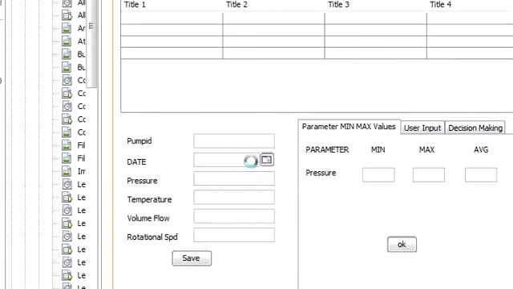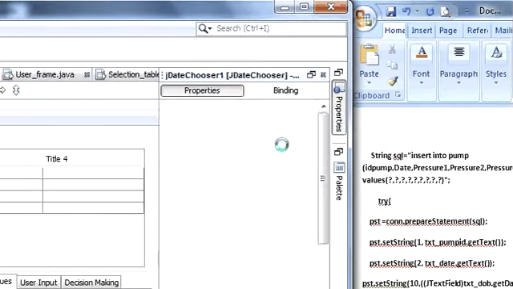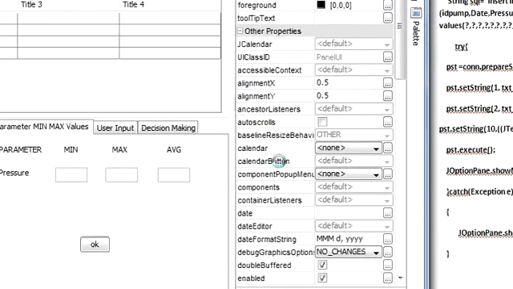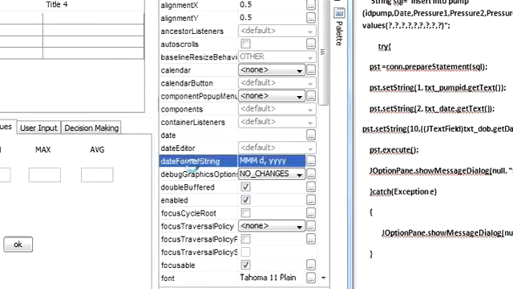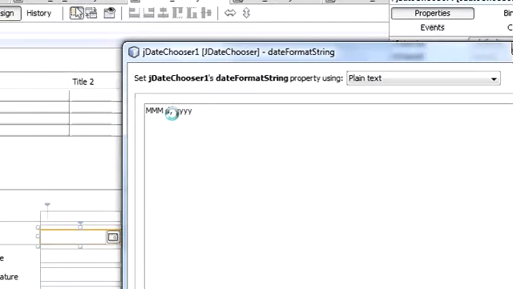Now, in order to save your date, your date should be in a certain format, because SqLite saves date in a certain format only. So just click your Jdatechooser text field and go to its properties, and in here, date format string, you need to change this format. You need to do year